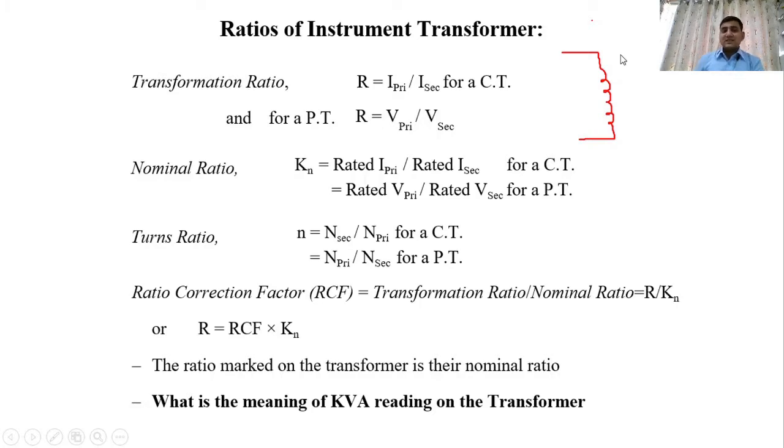Now first we will discuss the transformer ratio, which basically depends upon the load of a system. In case of CT, it is the primary to secondary ratio of a current, and in case of PT, it depends upon the primary and secondary voltages. Okay. Now for the sake of example, we have an instrument transformer which is a PT. It is put in shunt of our particular line.